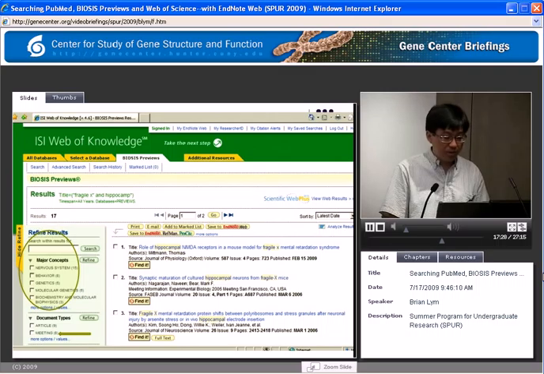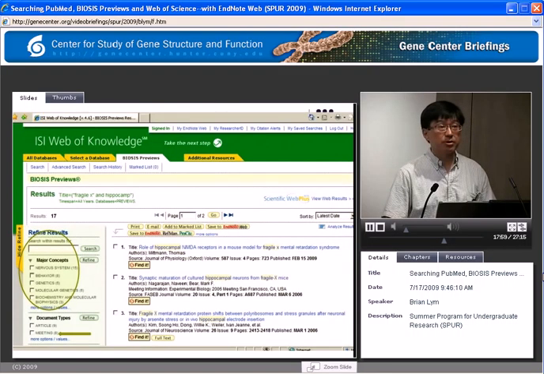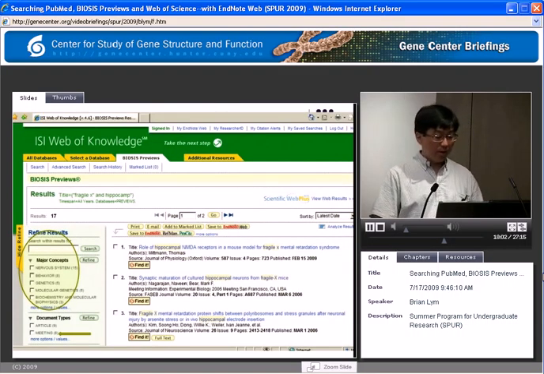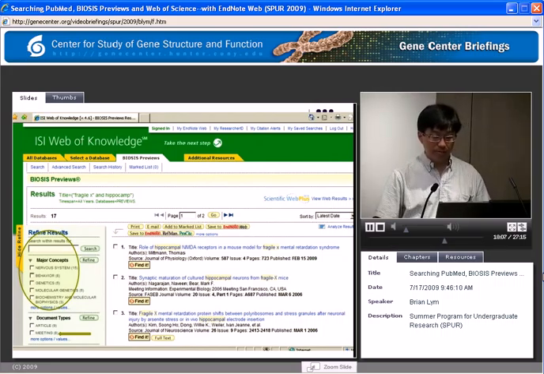And you'll see on the left-hand side, I can further narrow my search results by selecting what BIOSIS calls major concepts. So for instance, if I just want to focus on those articles which really focus on genetics, as you'll see, under genetics, there's 5 articles out of this set of 17. I can do that. I can also focus my search by selecting document type. And you'll see here that out of this set, there are 8 meeting abstracts. So I'm going to select that,